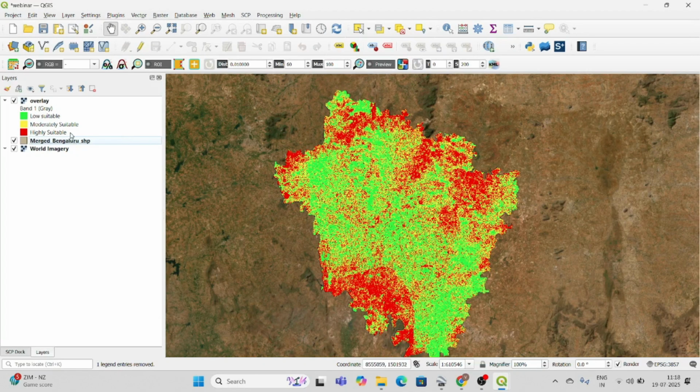With this itself, you can understand that I'm going to tell you about site analysis. The green area represents low suitability, so it is not suitable for your new building to be constructed. The next one is moderate suitability, which is okay, but not great. The third one is highly suitable. You can definitely build buildings here, and it is a safe environment.